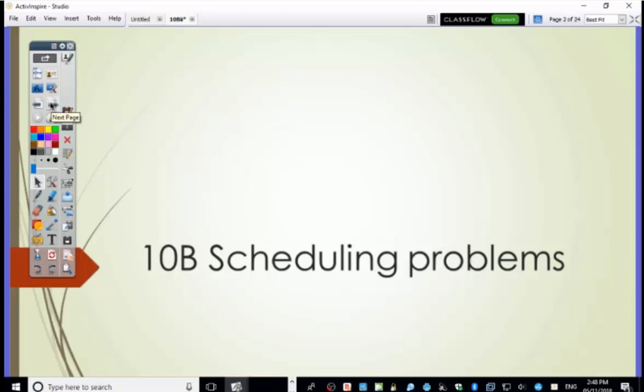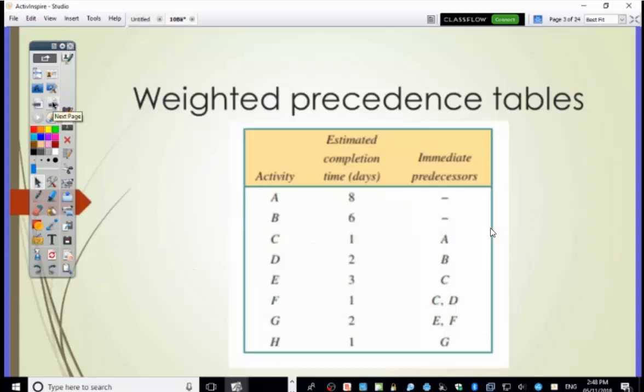Scheduling activities to make sure that they don't start too late, don't start too early, finish on time, and all the rest of it. Now, that means that we're going to need some extra information. So you've seen a precedence table already. You've got activities A to H and their immediate predecessors, but in the middle we've got how long each activity takes. Draw this network off this table, but in addition we're going to put the duration of each